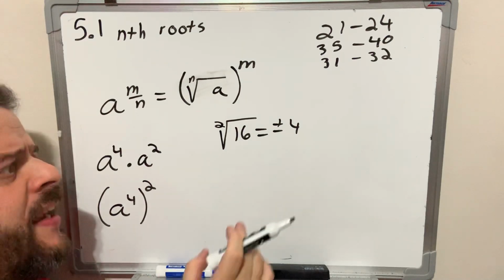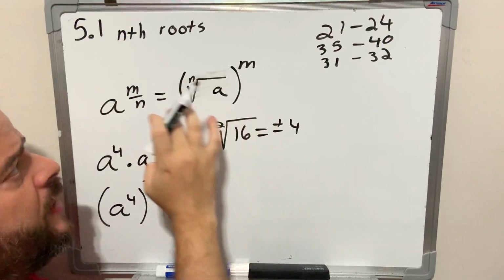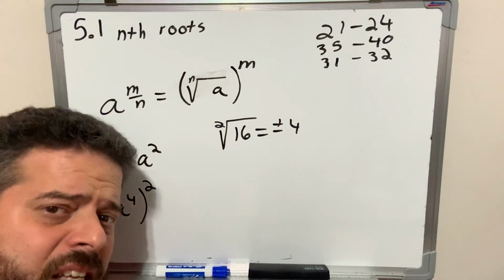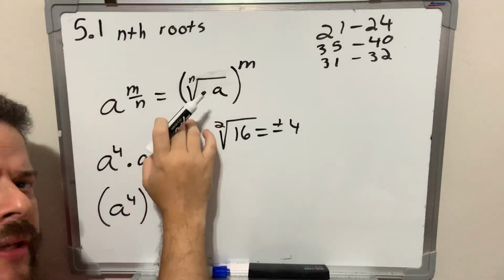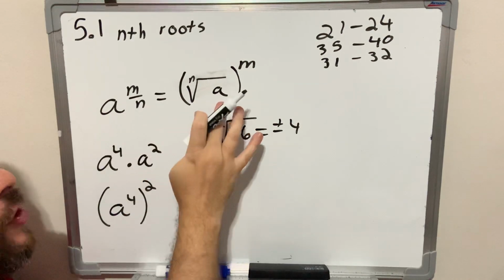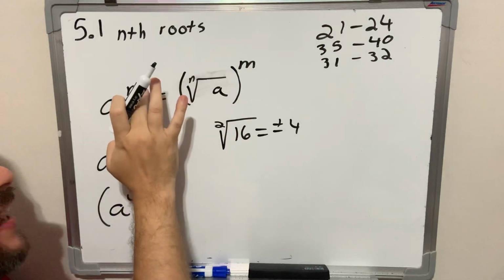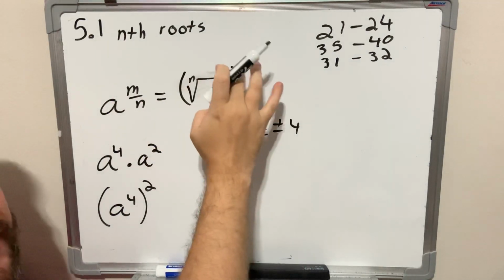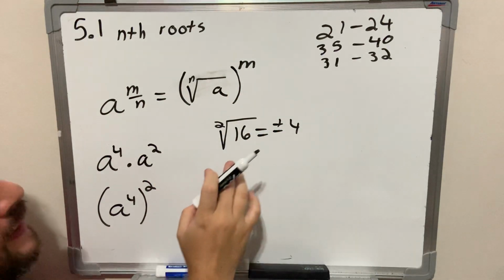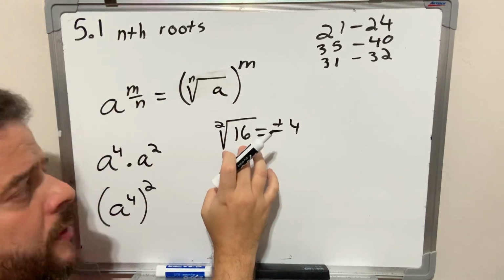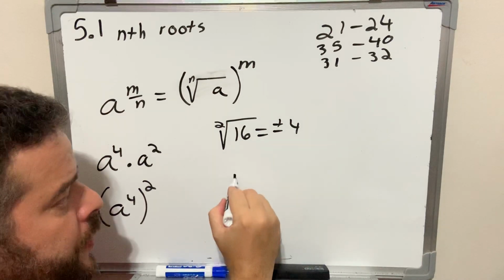Now, what we're going to do today is learn how to convert radicals and square roots into fractional exponents. It is quite simple. Now, let's take this basic formula into account first. A is your number, n is the power of your root, and m is an exponent that covers, or includes, everything inside the radical. So for example, if I want to turn square root of 16 into this type of expression, a rational exponent, I would put my 16,